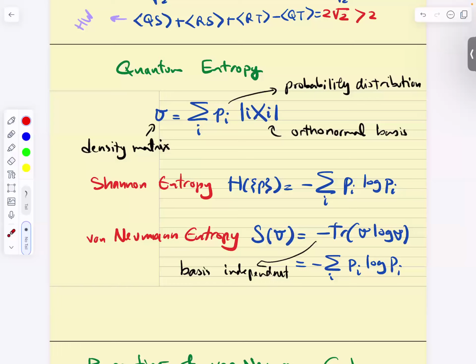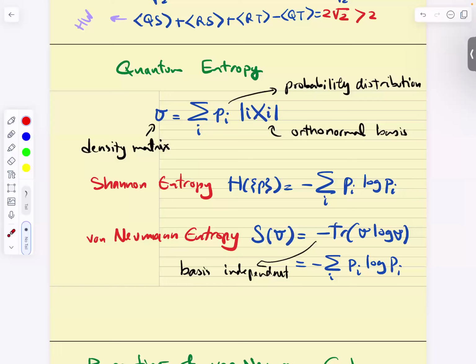If somebody tells me a sentence, like "It's cold outside," how much information does that sentence have? Give me a number. Shannon answered this question. I don't know how many of you know how he did this, but it's absolutely brilliant. He solved that problem, and on the way, he defined a master function called Shannon entropy.